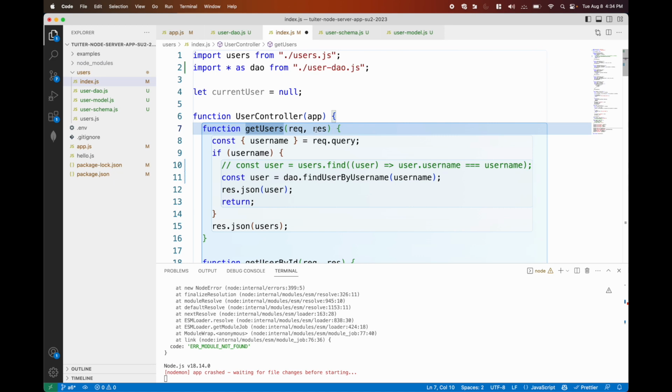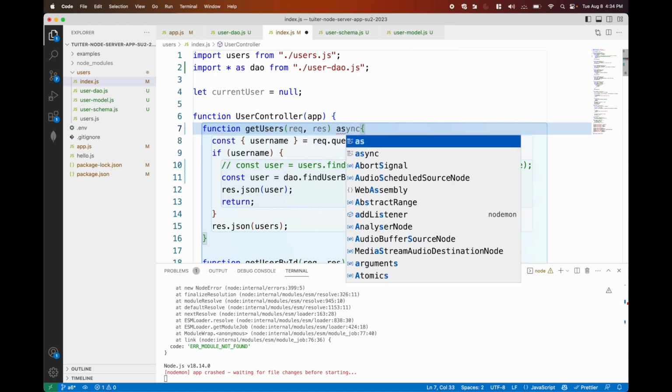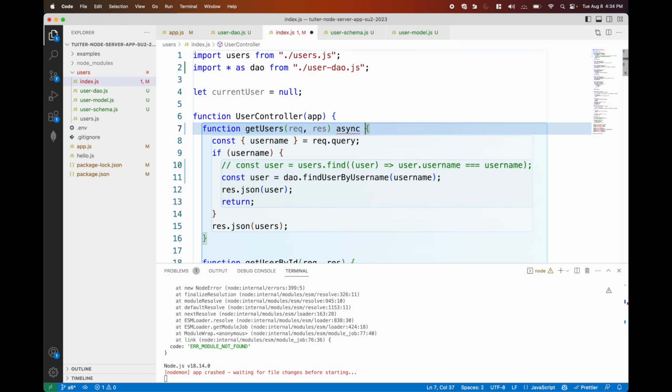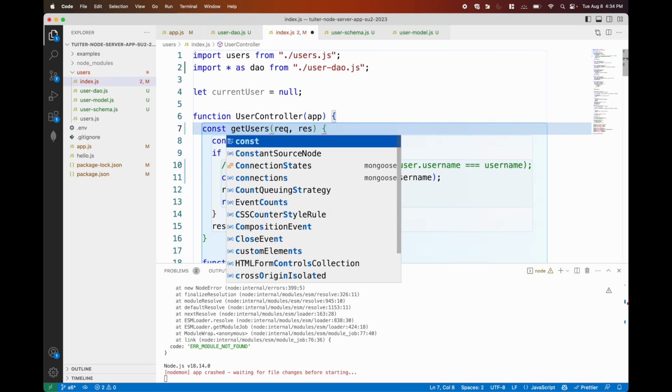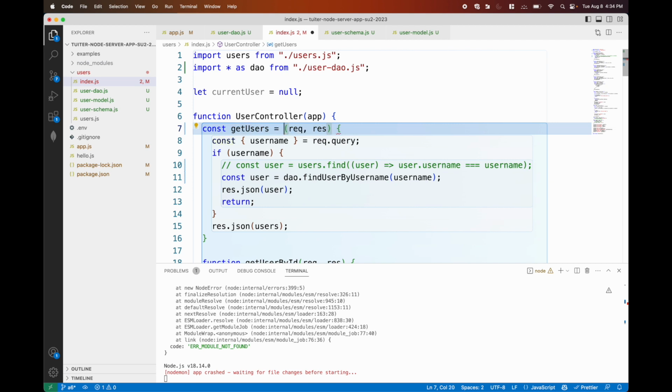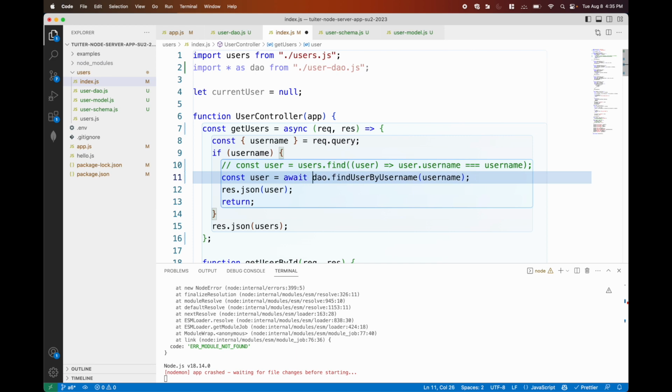Right, and async. Oh, async. I forget what's the syntax for function async. So I'm just going to rewrite it using the newer syntax. Like that, right? So it's async,